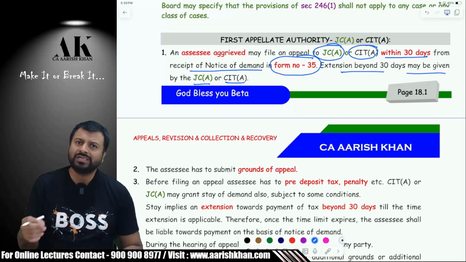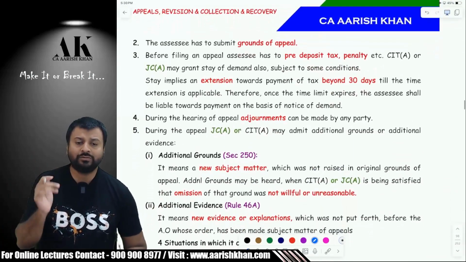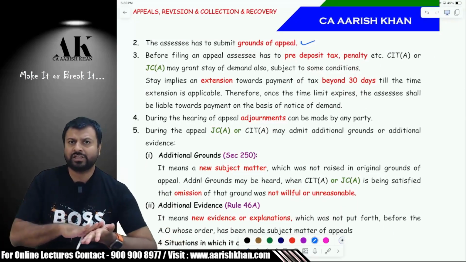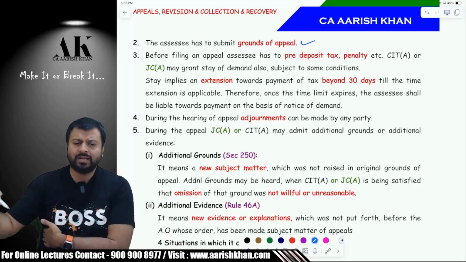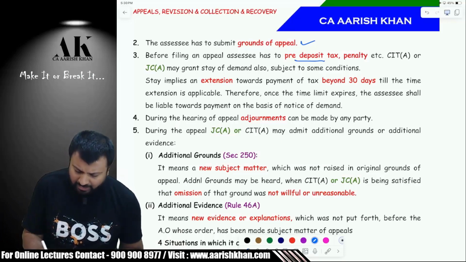Is able to consider your case as a genuine case. Now, while filing the appeal, you also have to submit some grounds of appeal. What is your ground of appeal? Suppose you are not happy with the depreciation disallowances, so you can write that as the ground of appeal. You need to file a statement of facts, and you also have to pre-deposit your tax, penalty,